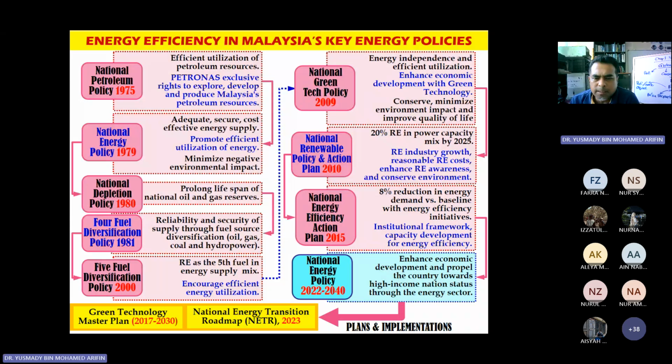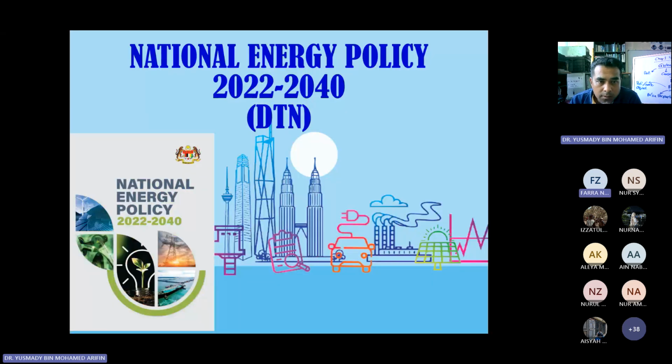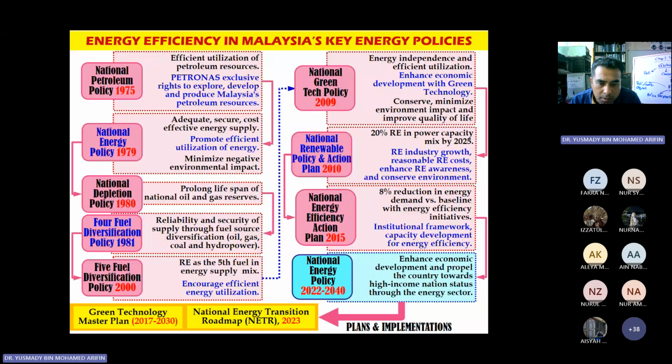Okay, so these are a few policies that are related to energy management or energy policies. Actually there are many more, but I will not explain all of them. Okay, boleh? Boleh, Doktor. Yeah, so next we go into detail especially about the National Energy Policy, the National Energy Transition Roadmap, and also the Green